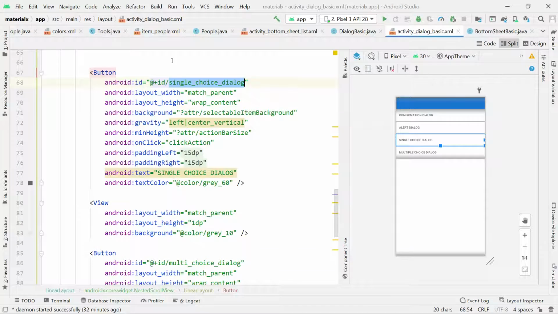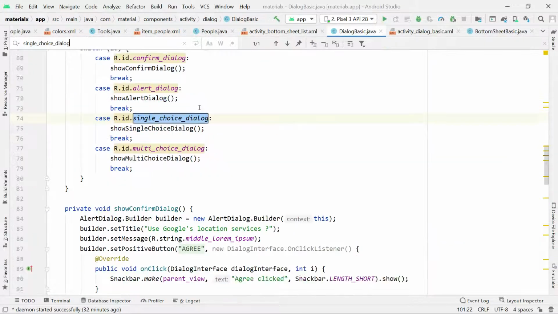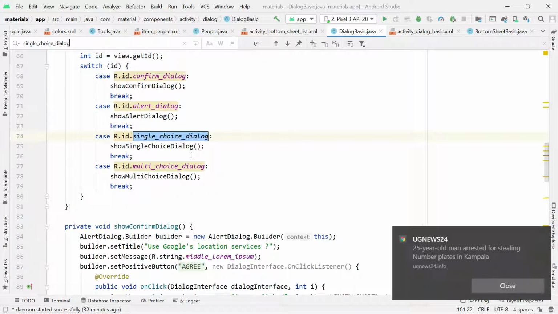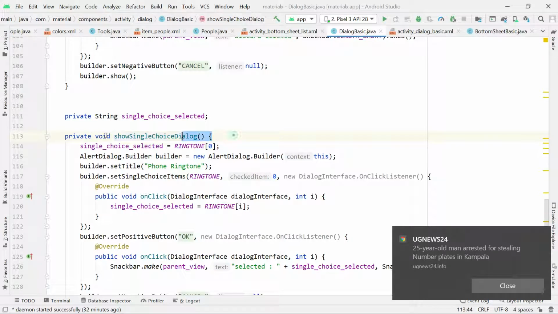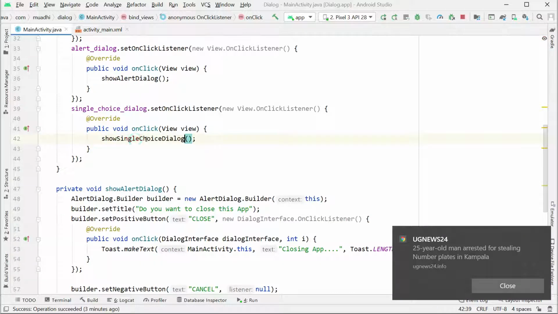Show single selection dialog. Okay, I just create here show single selection. I press Alt and Enter to create this method